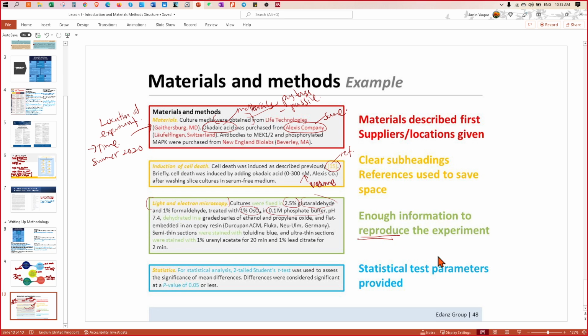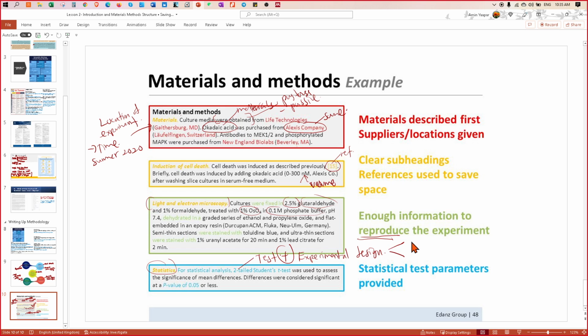Okay, and finally, how do you analyze your result? Usually it involves statistics, so you need to mention the statistical test that you use, and also include your experimental design. You have learned a lot, right?